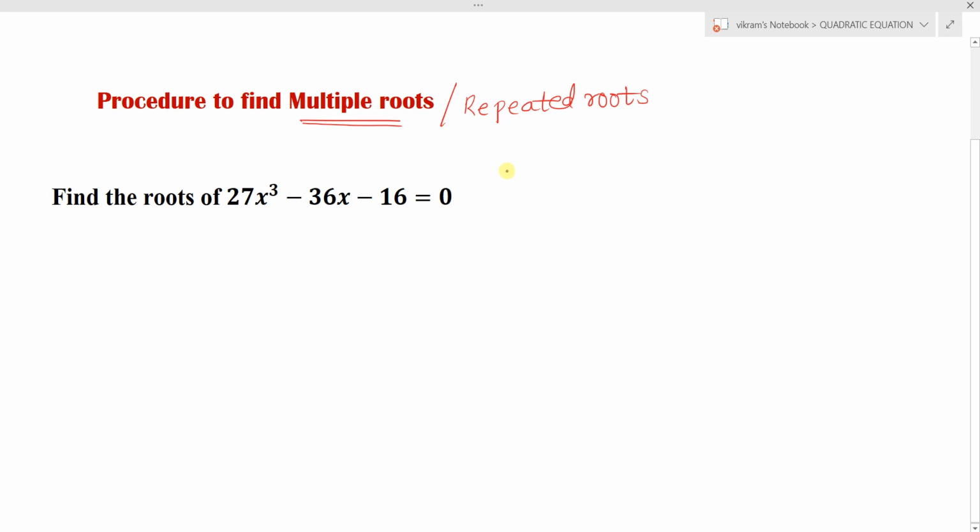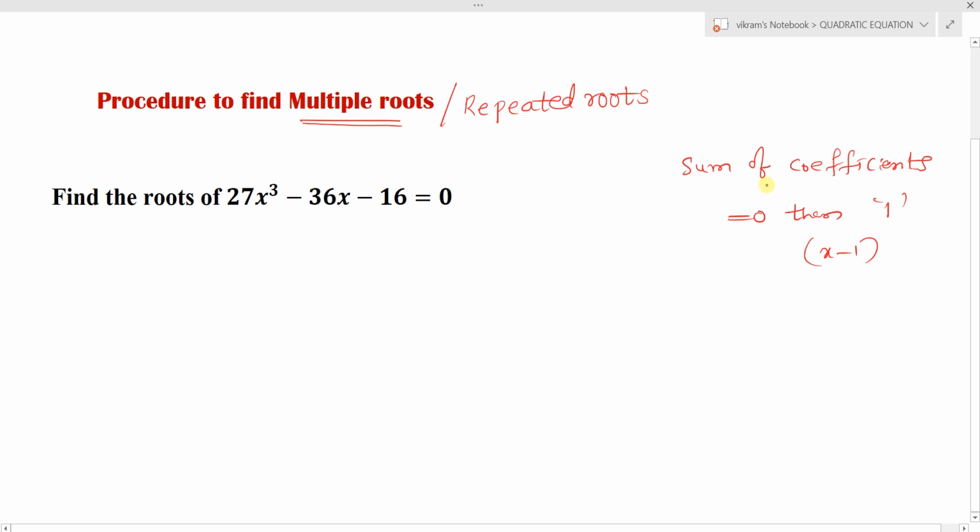In previous lectures, we have seen that if a polynomial equation is given, to find the roots, first we check the sum of the coefficients. If the sum of the coefficients is equal to 0, then 1 is a root. That means x minus 1 is a factor. With x minus 1 as a factor, we used the synthetic division method to find the